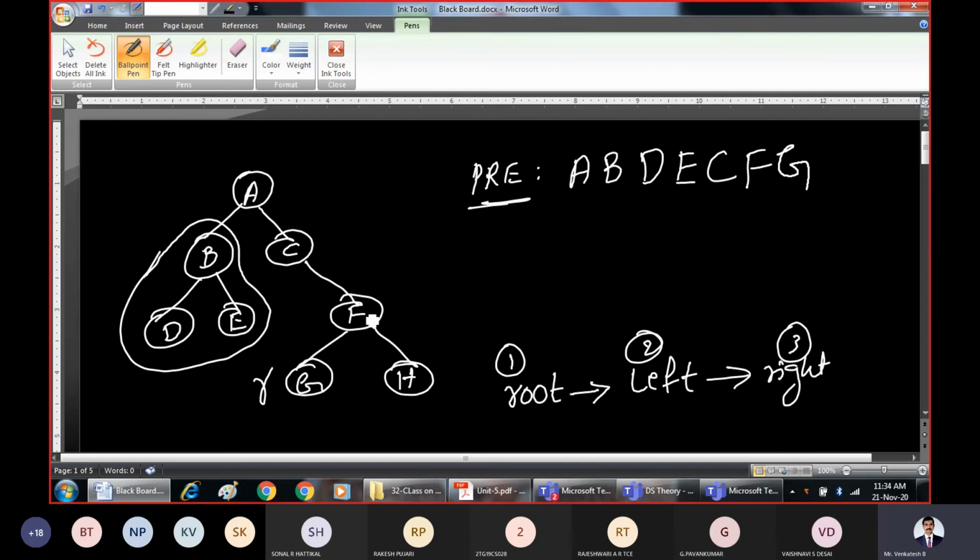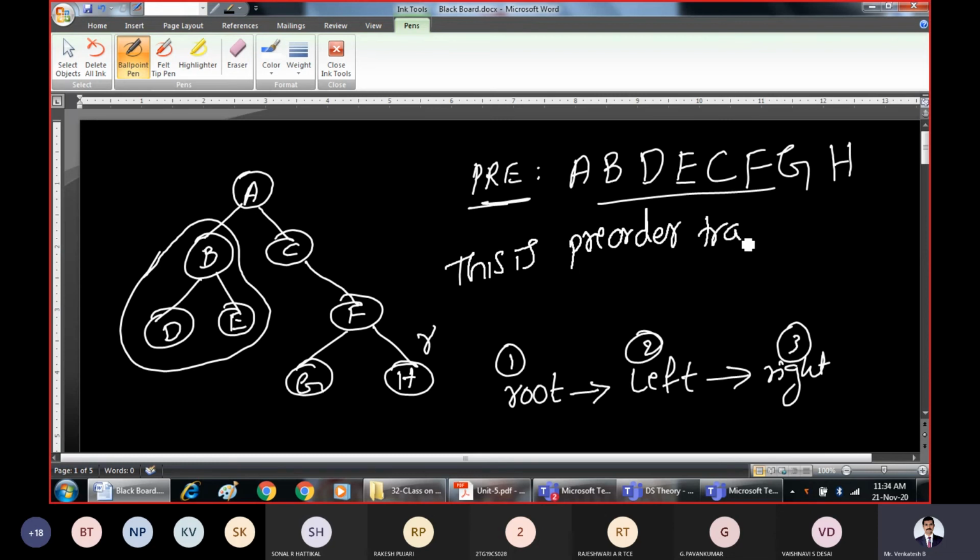Next you have to descend down towards the right subtree. Now this becomes the new root node. So this will not be the root now. And whenever you are present at the node, what is the formula? Root left right. So root means process it. Process means print it. What is that? H. Left subtree, no left subtree. Right subtree, no right subtree. So all the nodes have been successfully processed. And this is pre-order traversal of a binary tree.